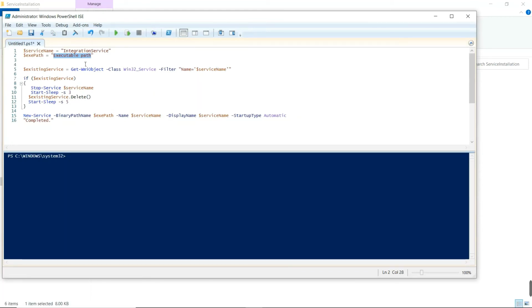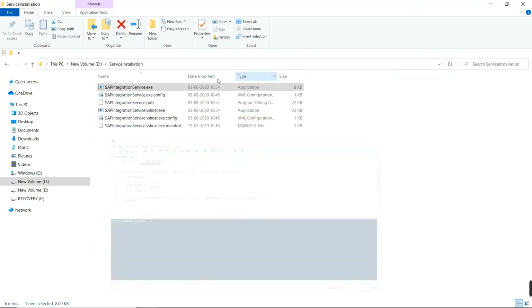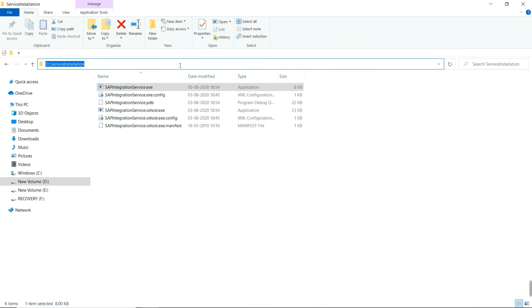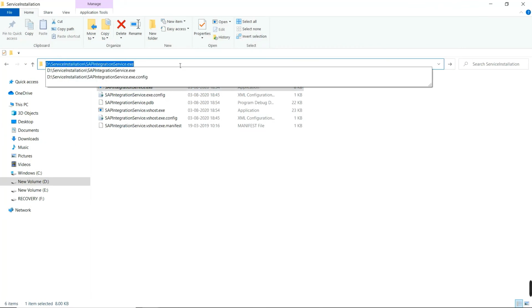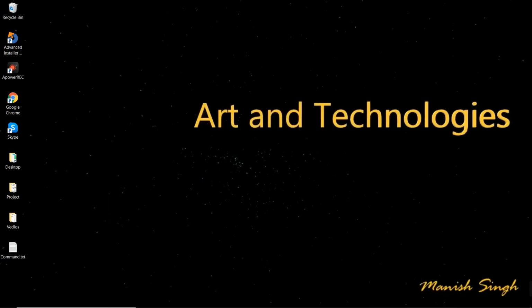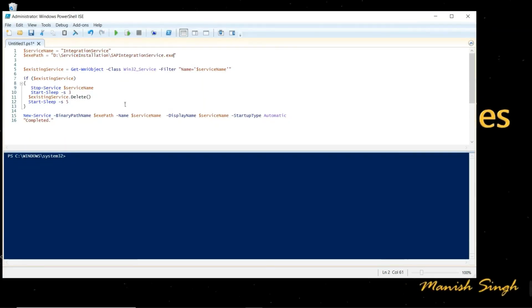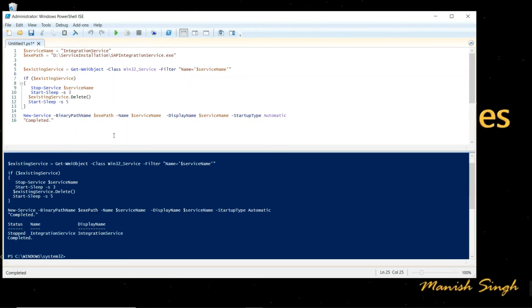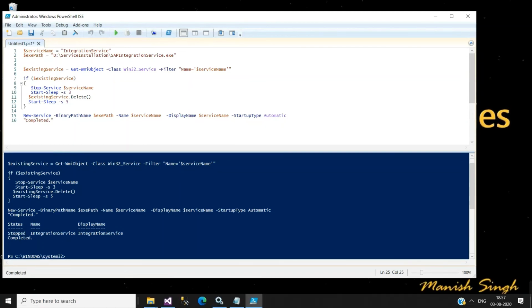So I'm giving this complete path here and run your command. So you can see this is completed.